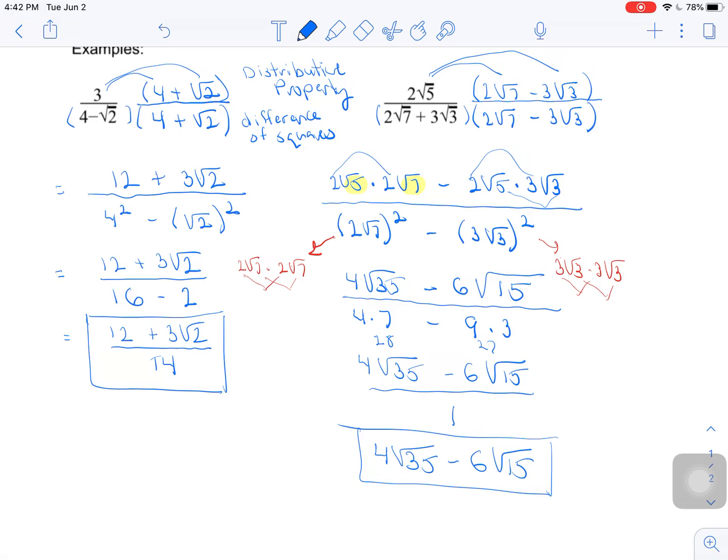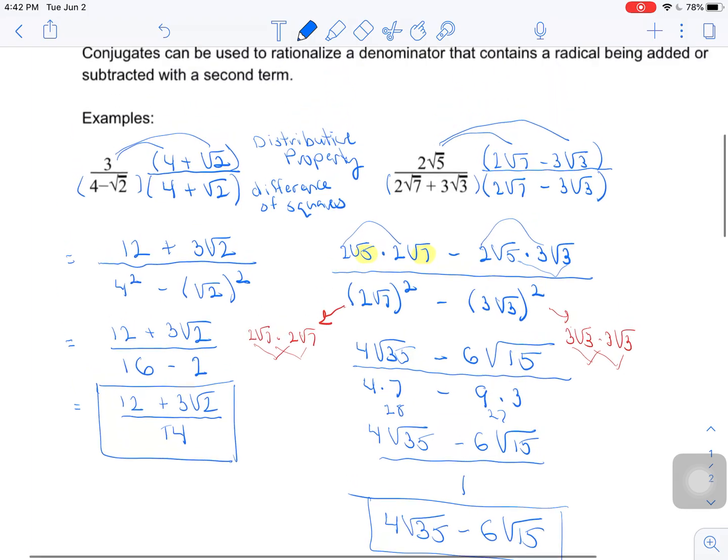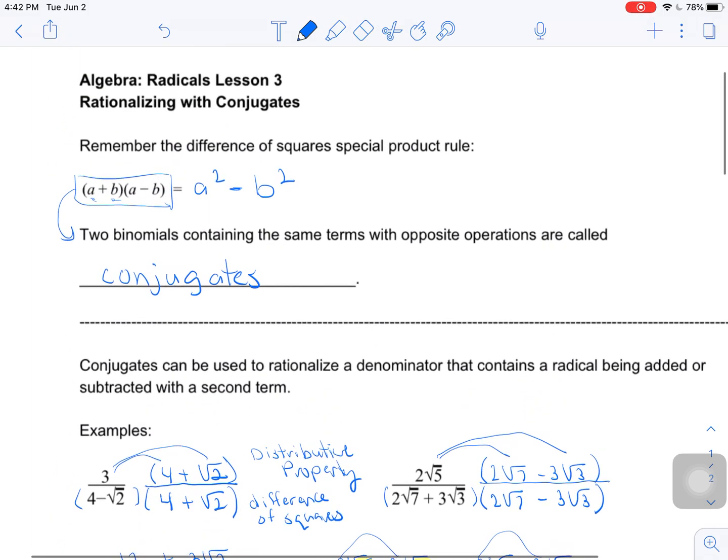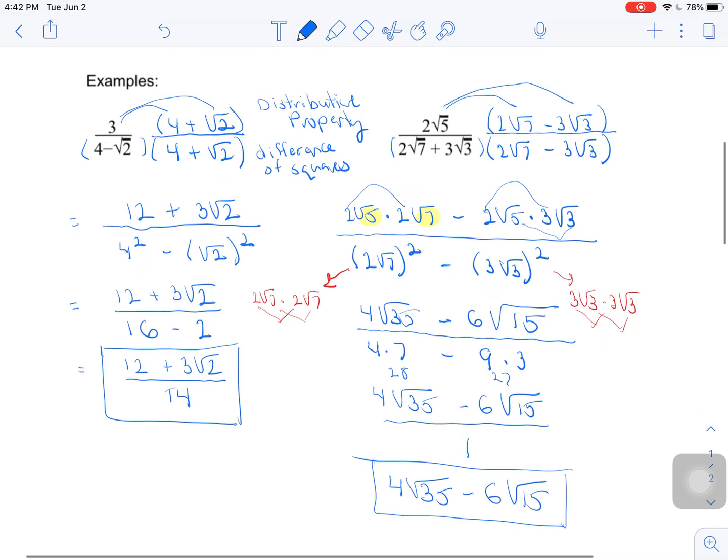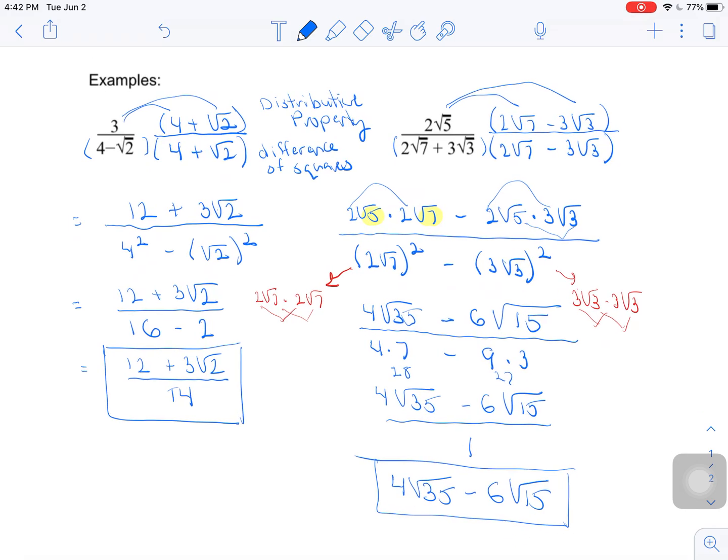So the practice problems you are going to try today are going to be like the practice problems that we were just working with here, for you to practice this idea of using our difference of squares rule to get square roots out of the denominator. So when you're ready, you can go